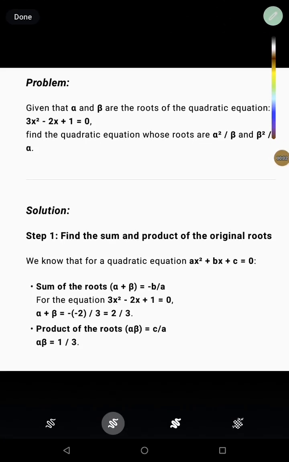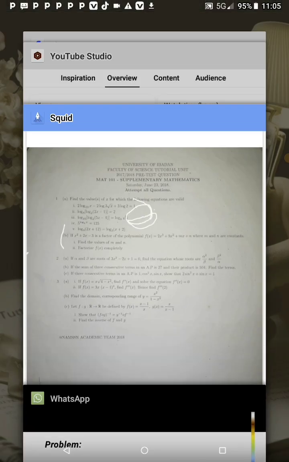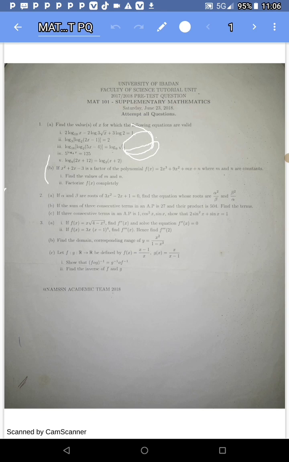Next question here is question 2. I just found it there. Yeah, I just want to show you so that you know that we are not joking around there. I'm sorry. Now this is the question. The next question